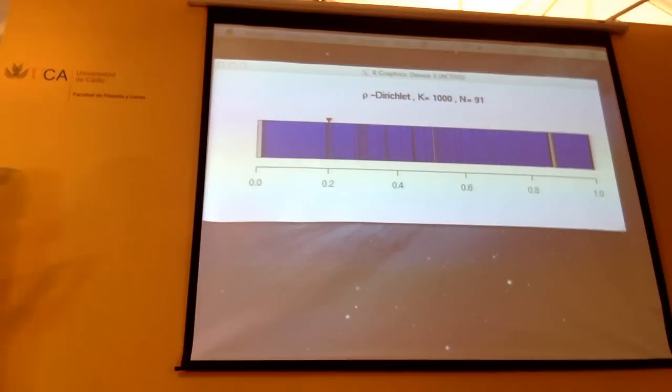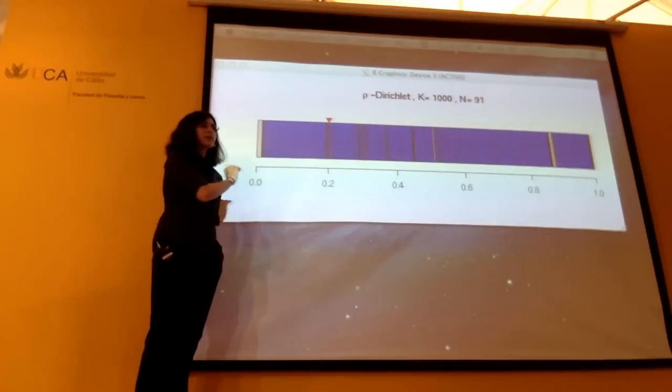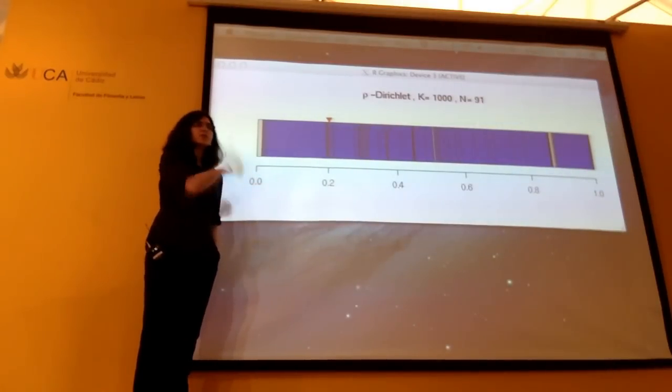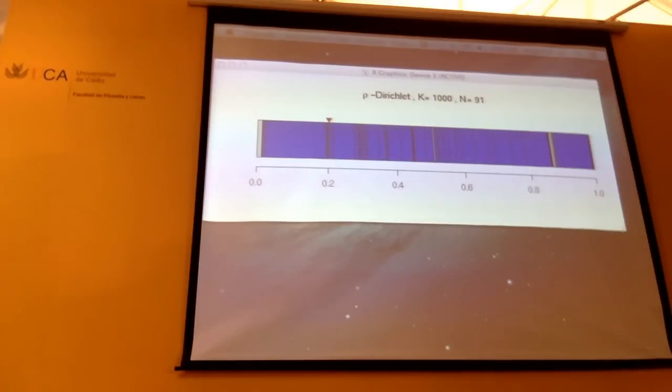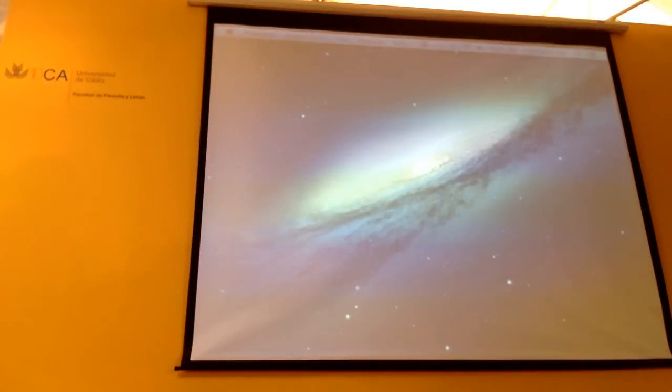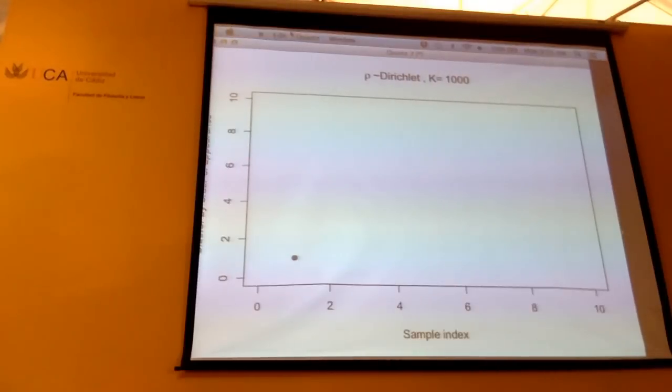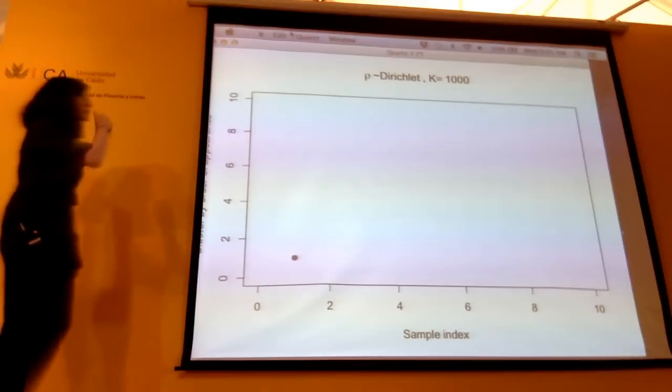And so in order to get a sense of how the number of clusters is actually growing, I'm going to give a second illustration. But are there any other questions on this one before I move on? I can always go back to the previous illustration too if there are questions. Okay, so let me tell you what's going on here.